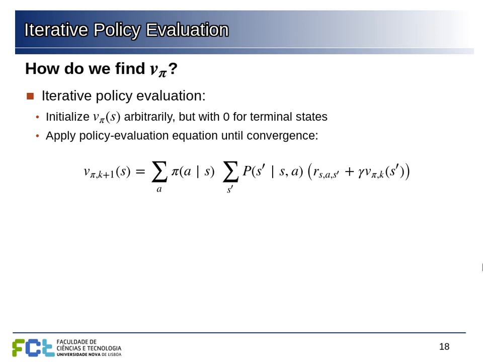So this is one algorithm that we can follow, doing this iteratively. We can initialize this matrix here, which is basically a table that for all the states gives us the expected discounted reward. But we just need to put 0 on terminal states. When we reach the end, there is no future reward. We already reached the end. Other than that, we can initialize arbitrarily. For example, we can put 0 everywhere. And now we're going to apply this policy evaluation equation until it converges.